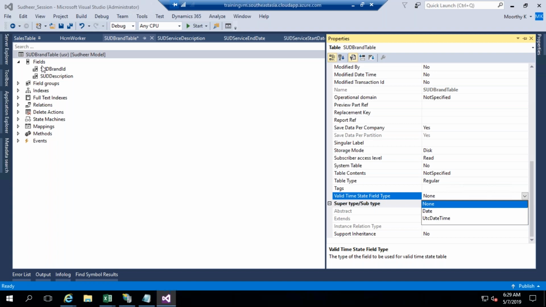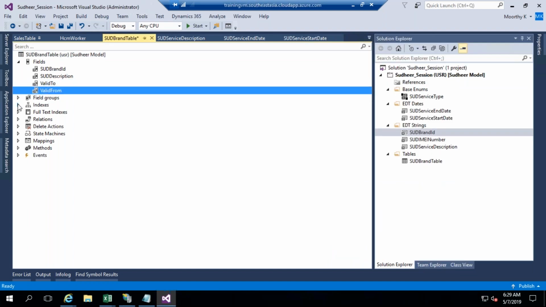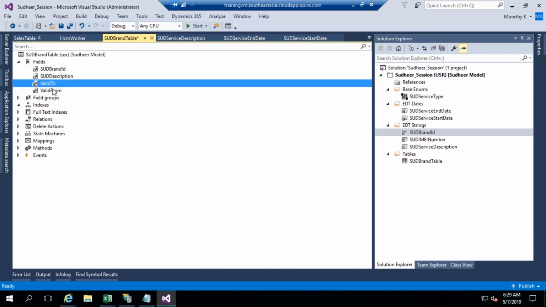So you need not write a lot of code to validate that the start date should be less than the end date, and the end date should be greater than the start date. There are a lot of validations around these conditions, right? To skip that, you can directly click on this date. When you select date, two fields will be added, valid to and valid from, and one index also will be added. I think we have to create the index. So these two fields will be added,